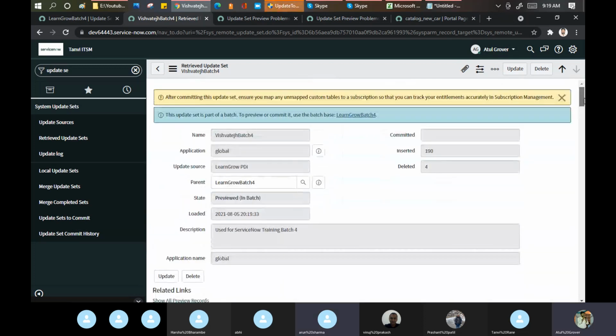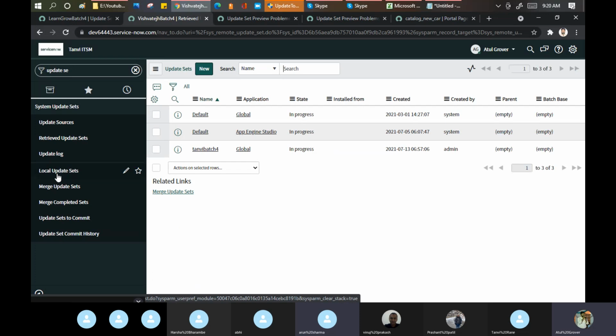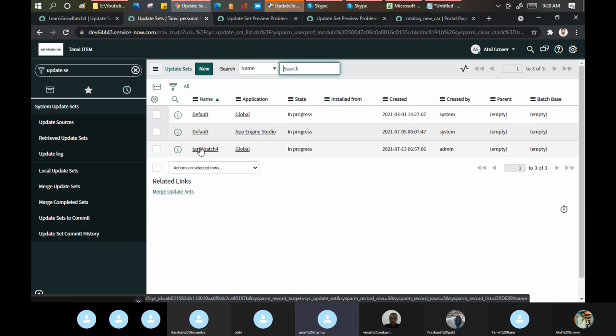So one question which was coming to my mind was, Atul, let's say right now we are moving an instance from your account to Tanvi's. Now let's say you are a manager and you're asking all of us 10 people to share their instance. Then this will be the same process for all the 10 people, right? Everybody will do this. Okay, then how will you manage the update sets your way, for the final testing or for the further process from your side?